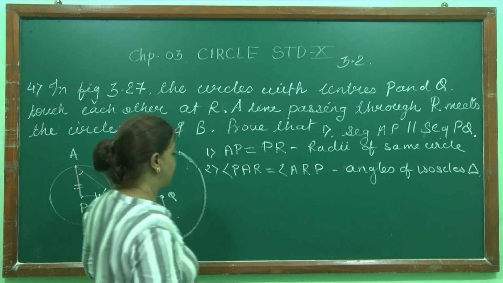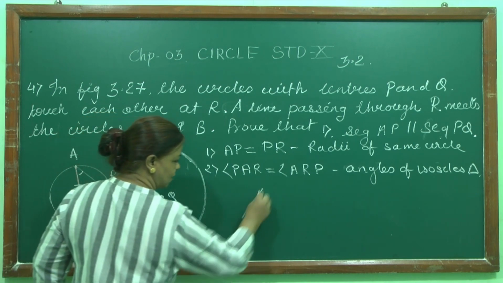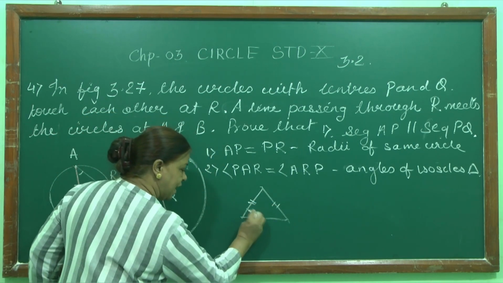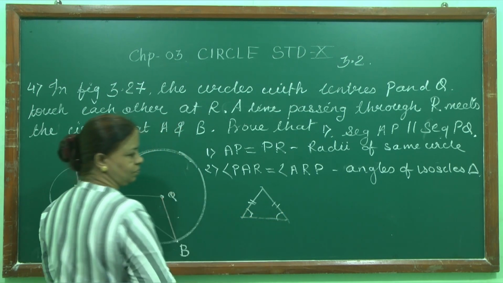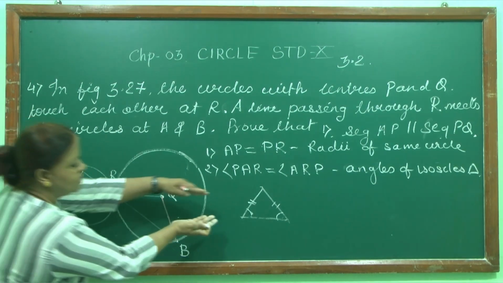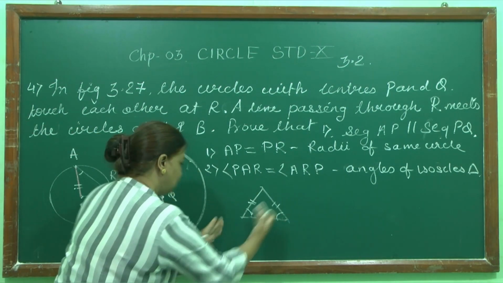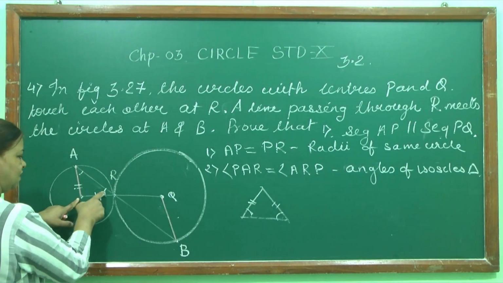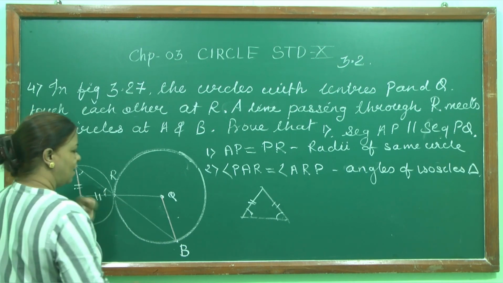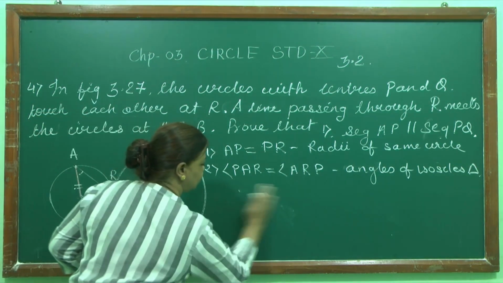In an isosceles triangle, if two sides are equal, the base angles will be equal. Base angles of isosceles triangles are equal. Here this triangle is inverted, so these are the base angles of the triangle. These sides are equal. Now I will take this triangle.